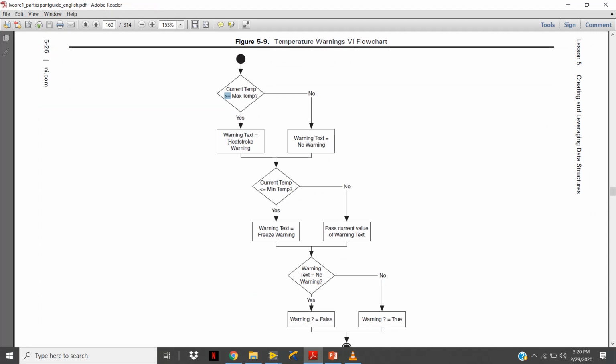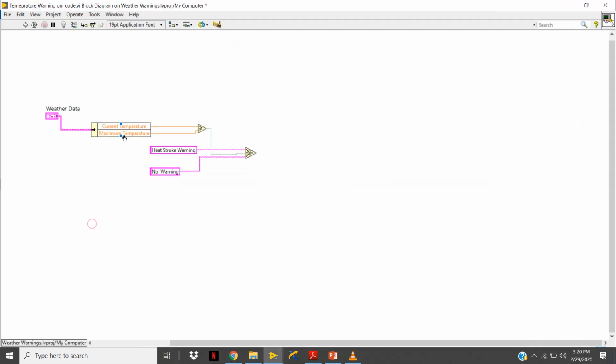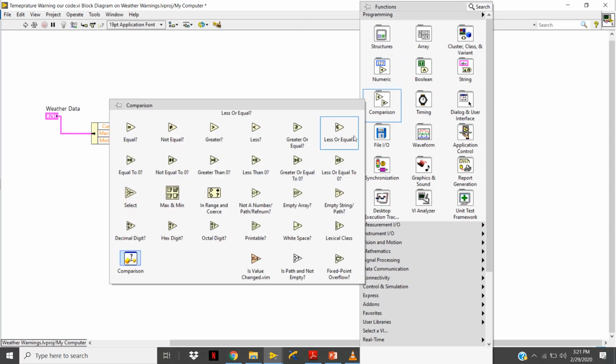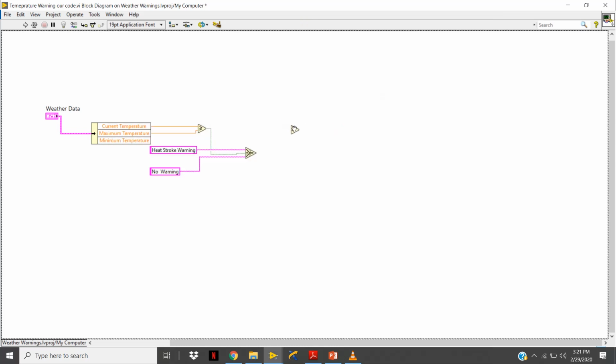Okay, we have completed up to now. And then it tests: is the current temperature less than or equal to minimum temperature? We want to take this comparison palette and take this less than or equal to, and compare current temperature with minimum temperature. So I also disassemble the third terminal from here, go to the comparison palette, and select less than or equal to from here,